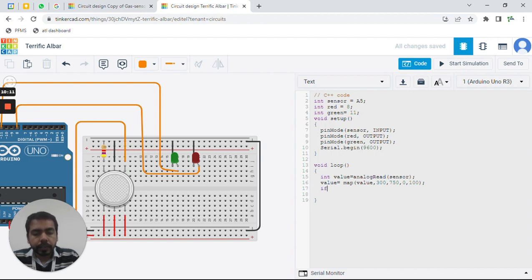Okay, so let's start our task of today. What we are going to do is compare the value, as we were comparing for the doorbell and other functions also. So we will compare the value. Now because we have mapped the value, first we read the value that was raw data, and now we have mapped it, and after the mapping we are comparing.